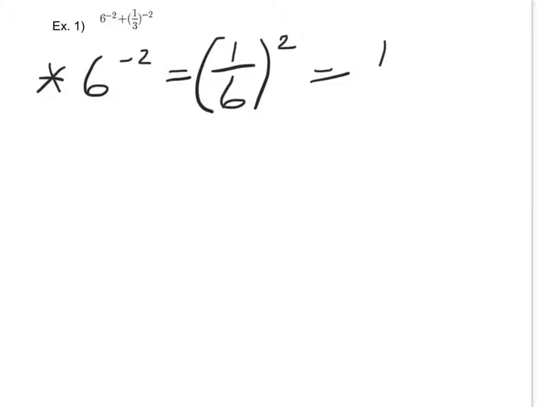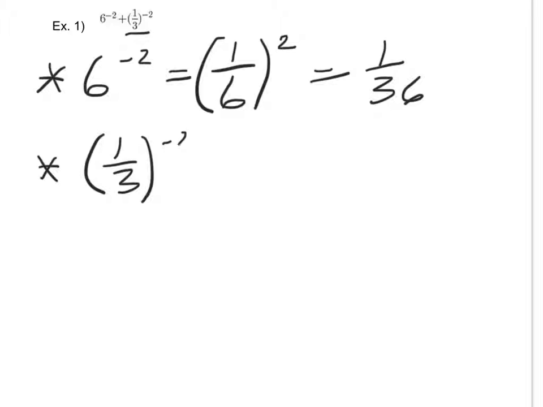Okay, so we're going to evaluate each part individually. 6 to the minus 2 is equal to 1 over 6 to the 2, which is 1 over 36. That's the first part evaluated. Now let's look at the second part. So you have 1/3 to the minus 2. That's 3 over 1 to the power of 2, which is 3 over 1 times 3 over 1, which is